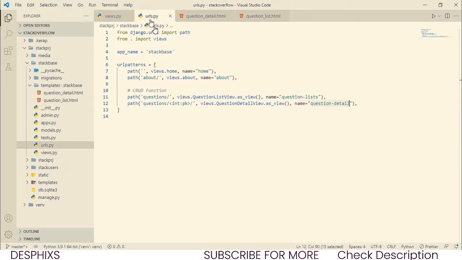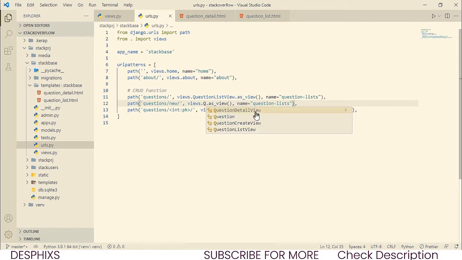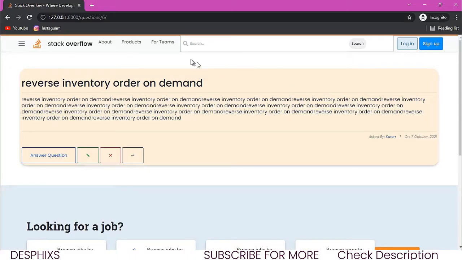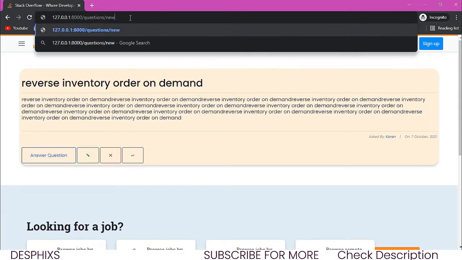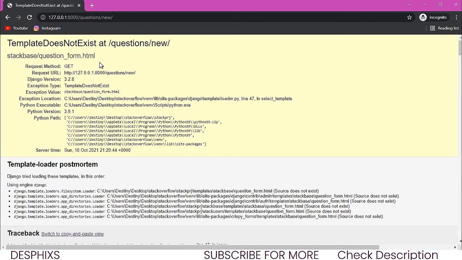Let's go ahead and create a URL for it. So I think we could just work with this one, Ctrl+C, Ctrl+V, and whenever a user comes over to question/new, just like that, and let's make sure we are importing the QuestionCreateView, and let's change this to QuestionCreate, just like that. So now let's try hopping over to the URL that we just created, and what do you notice? Working perfectly fine, but it says template doesn't exist. So we need to create a template with this name